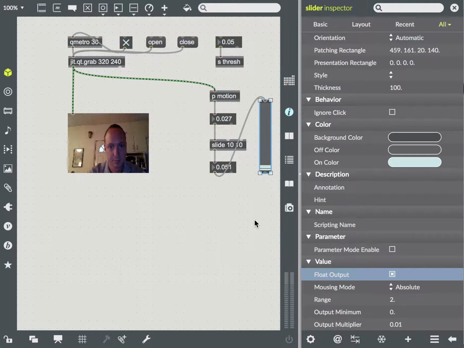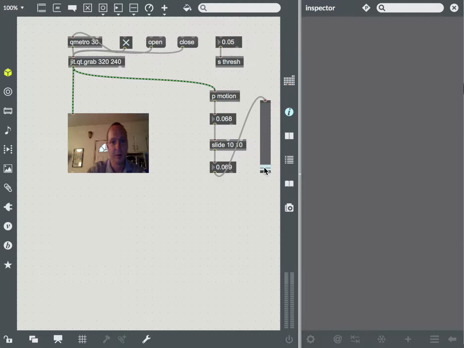So now we'll see on that slider the value sort of represent quantity, almost like a